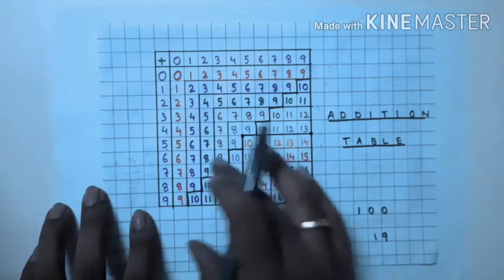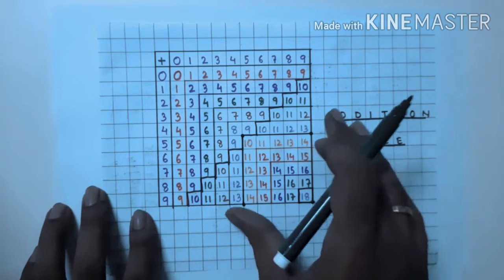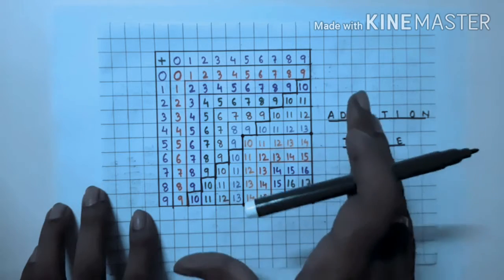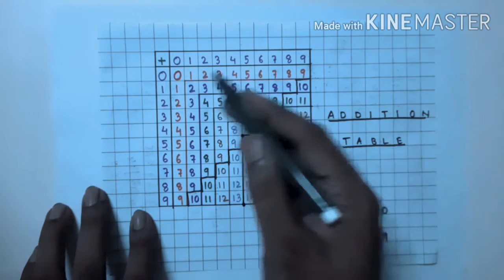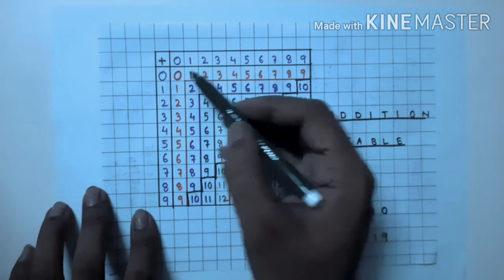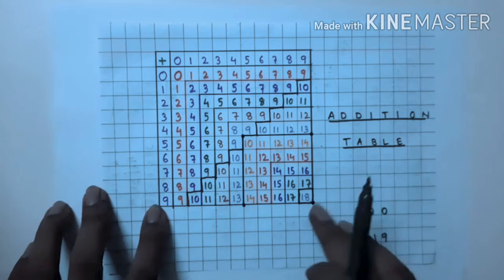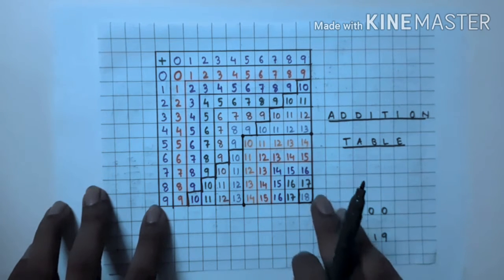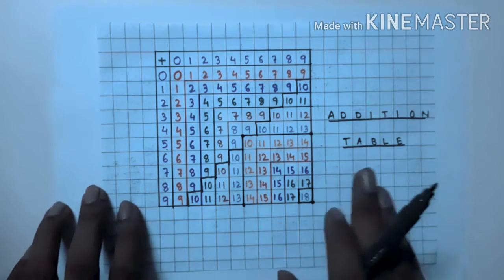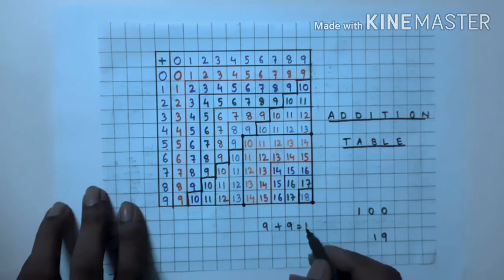So these are all the combinations that we'll get when we add two single digit numbers, that is starting from 0 up to 9. So the smallest one is 0 plus 0 is 0 and the largest one is 9 plus 9, 18. So 18 is the highest sum you will get when you add two single digit numbers, that is 9 plus 9, you will get 18. So this is the highest one you will ever get.